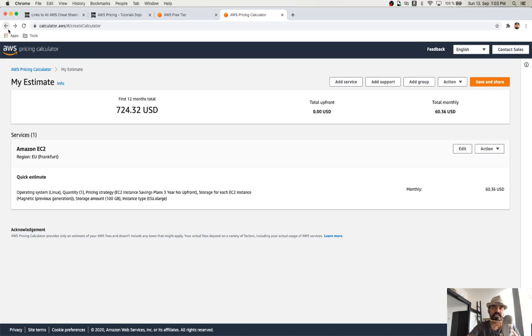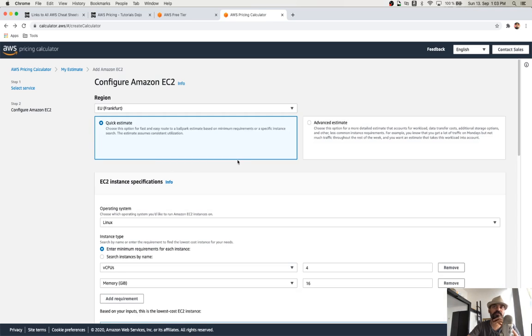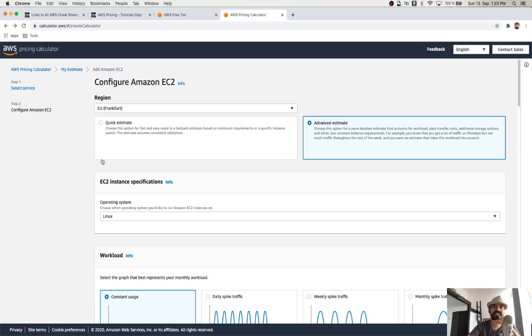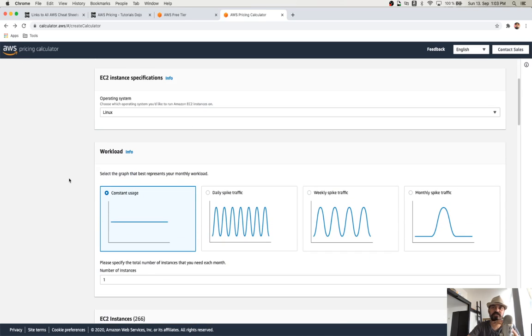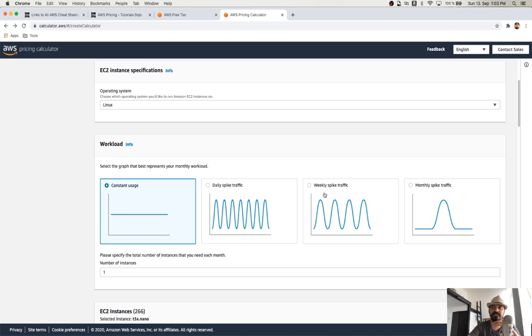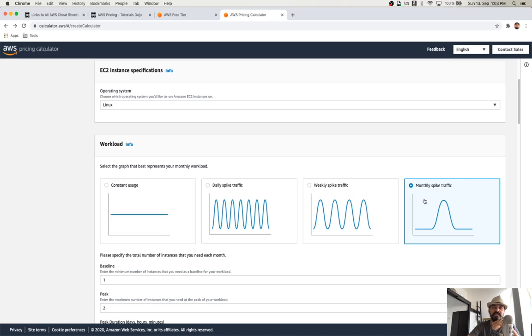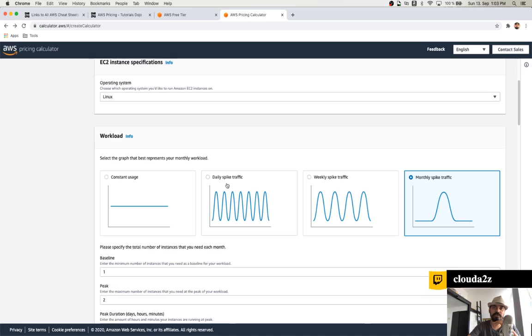And the other thing which I found very interesting and developer friendly is this particular chart, where you have an advanced estimate, and you can actually define what sort of workload you have right now. So you have something like a monthly workload, where you have an application like a timesheet application, or some other application which will be opened at the first or the last of the month. Then you can use such graphs to define that my workload is this.